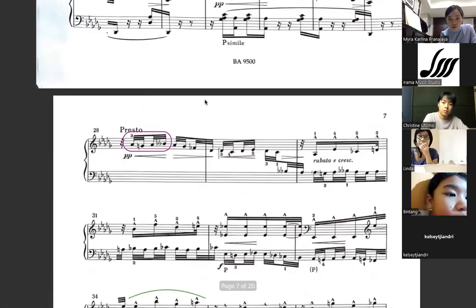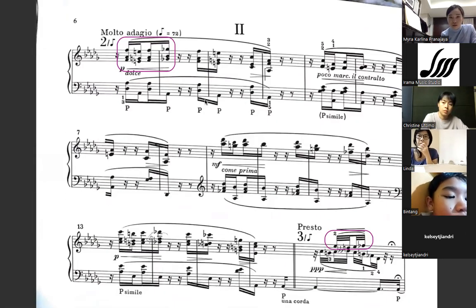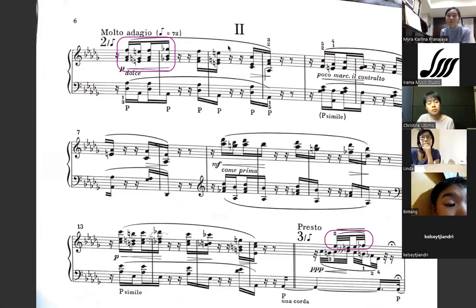Okay, let's go to the beginning of the piece. Again, notation. We have molto adagio, and then what we have in the beginning is three upbeatish sixteenth notes, which lead to a downbeat on the next bar. And what we have here is a beaming over the bar line. And then two more rests, and another beaming over the bar line, then two more rests, and another beaming. And if I play the beginning of the piece, it would be.